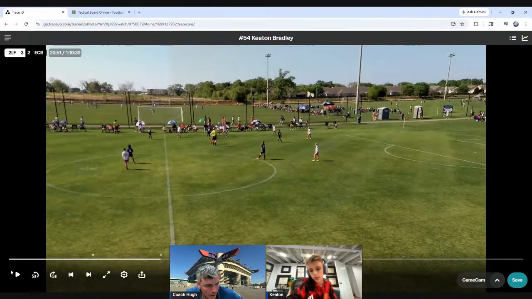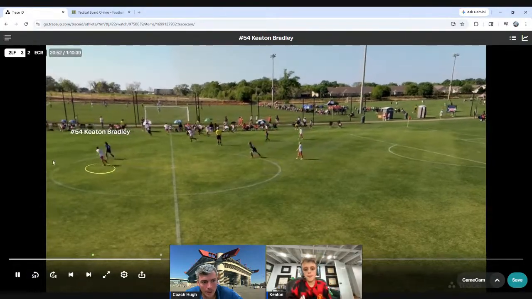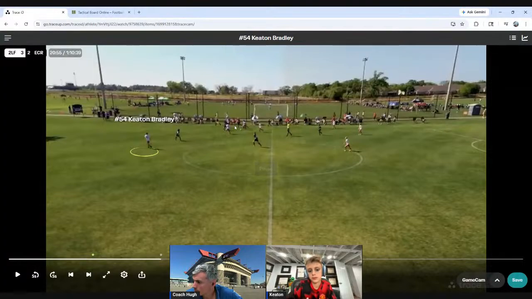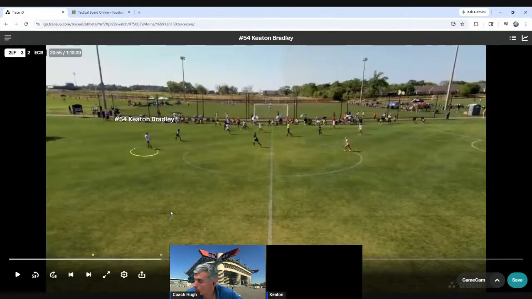All right, so going back to here, notice he's going down the wing. You're thinking he's going to play you in, okay? But he cuts it inside here, right? So as soon as he cuts it inside, you got to be thinking, I need to help out here. And then where is he looking? Is he looking to play you on the switch, or is he looking to play you?